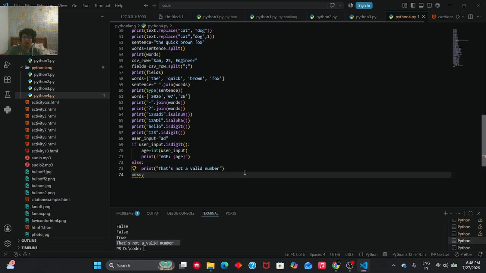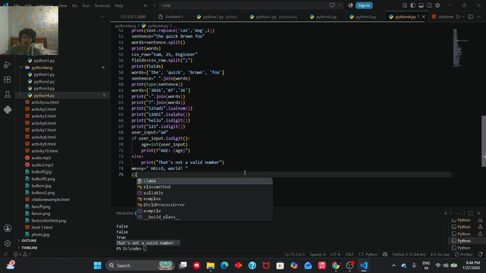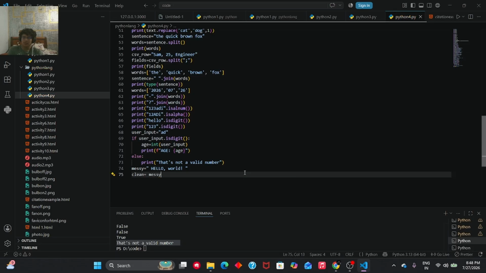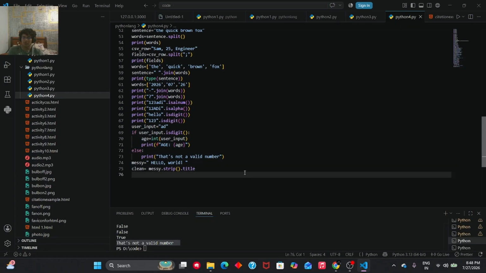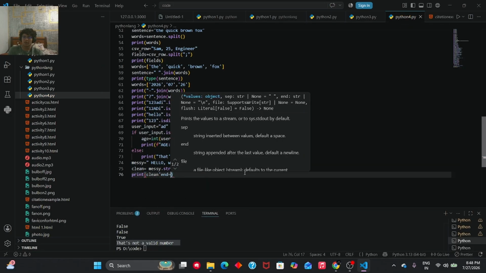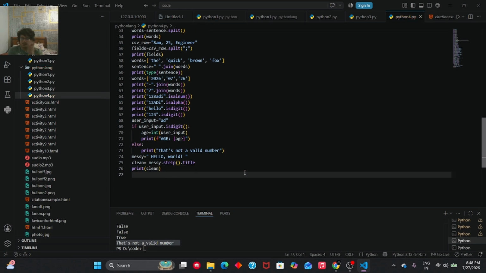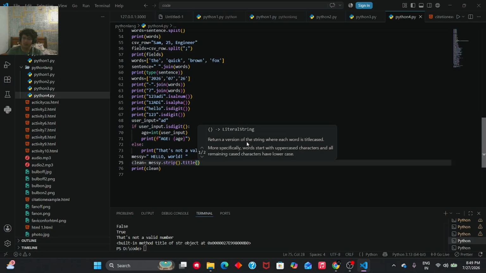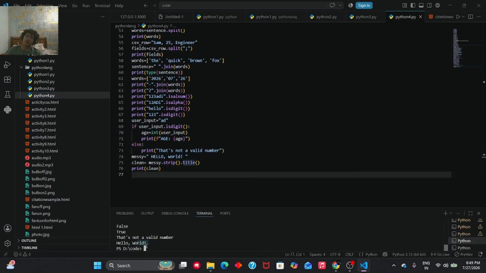Message string थी ना ये? Messy equals का world, okay, so था ये। तो clean equals messy dot strip, इसमें सारे के सारे स्पेस हट जाएंगे, फिर डाल देंगे टाइटल इसमें, ठीक है। Now we'll print this clean, okay। प्रिंट कर देते हैं क्लीन को एक बार, फिर उसके बाद देखते हैं, ठीक है। टाइटल क्या वन डाला, see हेलो वर्ल्ड, ये टाइटल फॉर्म में हो गया। अब हम करेंगे, काउंट करेंगे, ठीक है।